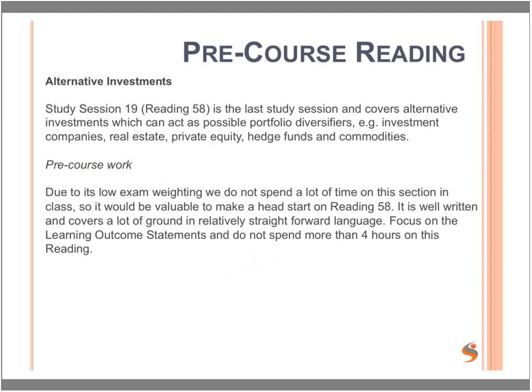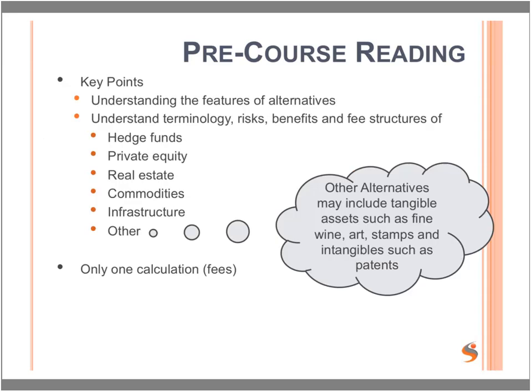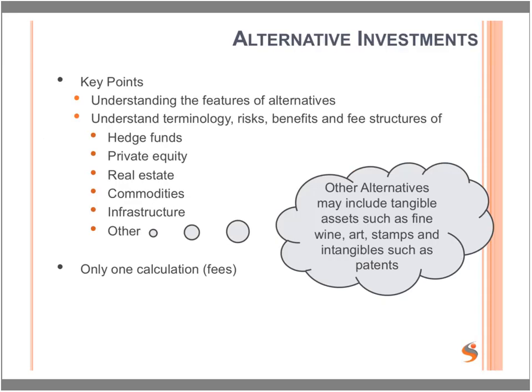Why are alternatives called alternatives? They're called alternatives because they are an alternative to traditional investments in equity and fixed income. And actually on the next slide, I'll come back to this one. We've got a list of the different types of alternative investments. So we've got hedge funds, private equity, real estate, commodities, infrastructure, and other. Okay. Others could include